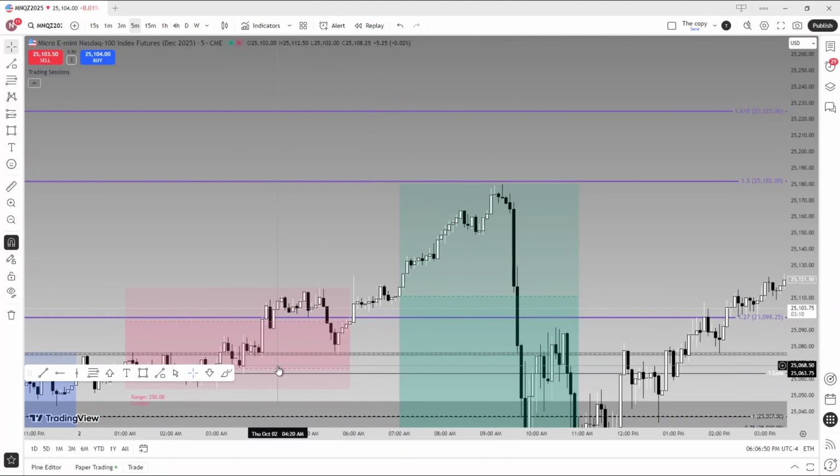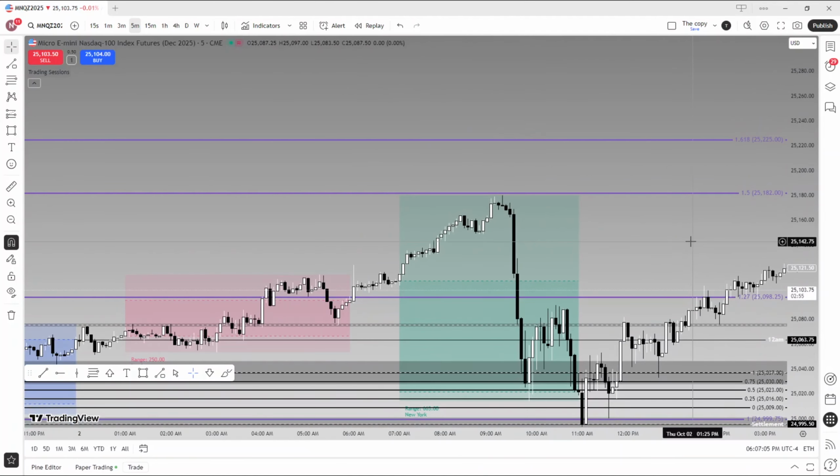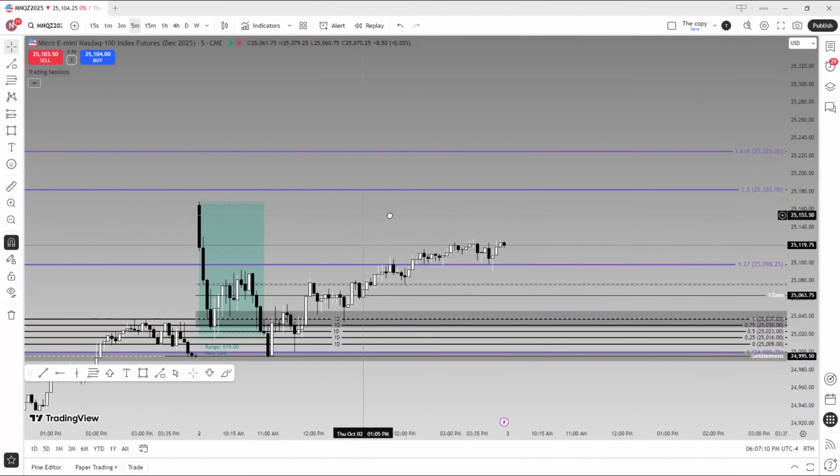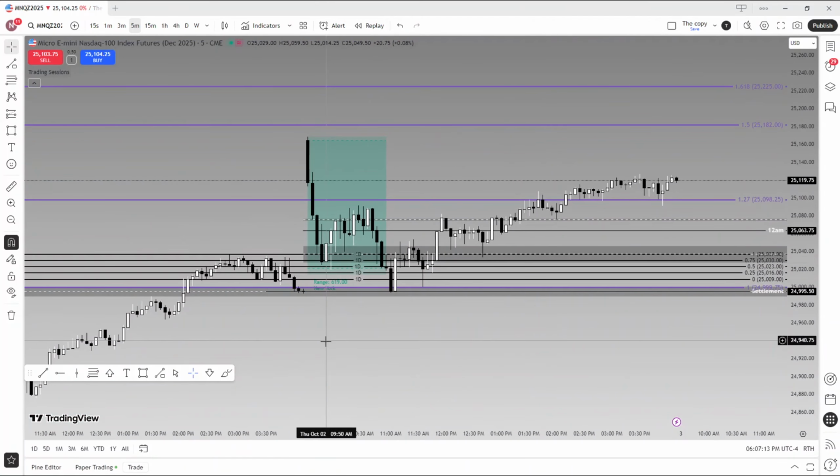So moving forward, looking at opportunities, we're thinking premise, bias, narrative, right? Premise, what happened in the last 2 to 3 days? We've been going up. We've been taking out a lot of sell-side reference points, gathering up a lot of energy to push the market up, right? To push it higher. So now that we're higher, a retail-minded perspective, right? Now let me go to RTH so I can kind of explain this a little better. So as a retail trader,